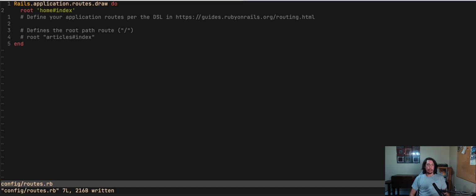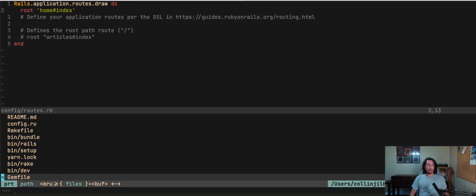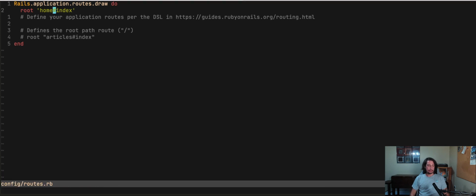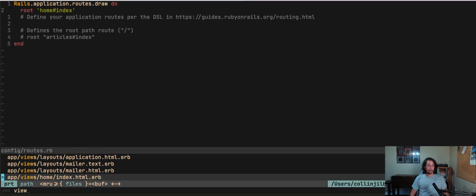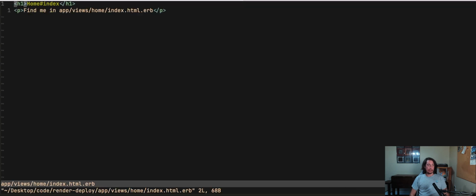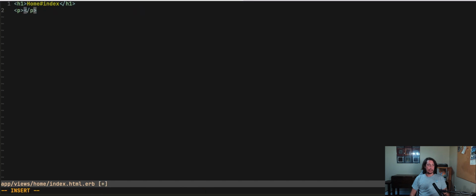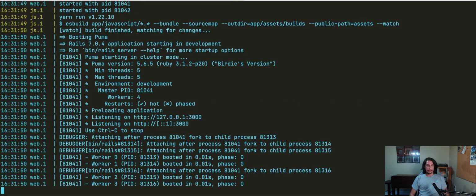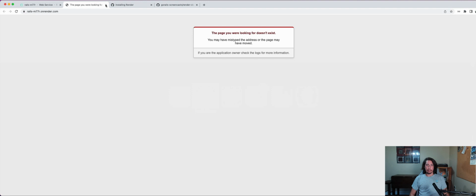And then let's go to our home index template there. Home index. All right, so there's that. Let's just change this to say, hello, I'm on render. Cool. All right, so let's save that. And then let's go ahead and just test this out real quick. Let's fire up our server. And then if we pop back over here,